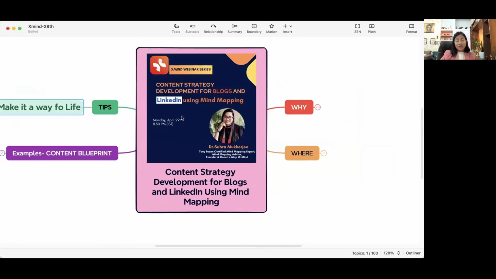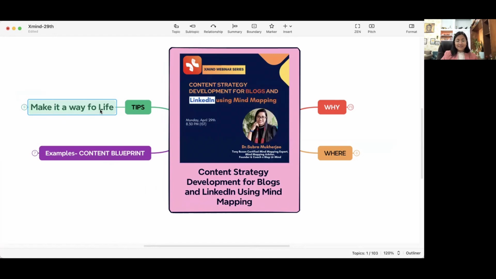So as we come to the end of this webinar, I would like to say once again that yes, in the context of content creation, mind mapping will aid you in brainstorming, planning, structuring, or in anything wherever you need to think and create content. So it is very important that the content that you're writing is impactful and aligned to your goals, as I said in the beginning. And with mind mapping, that can be achieved very easily.